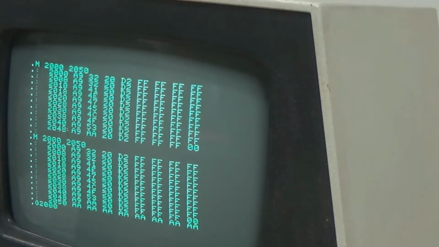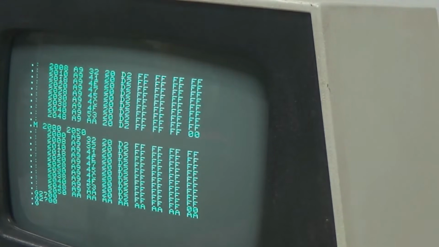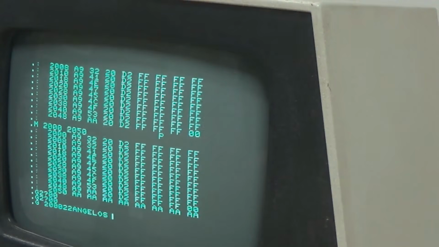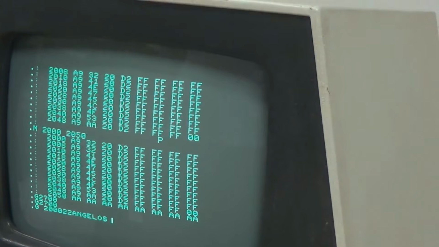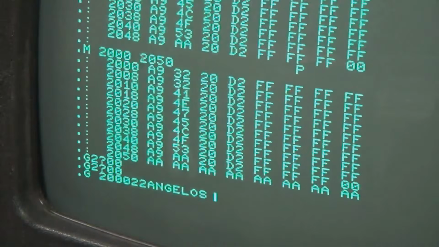The instructions will be entered into the memory locations indicated at the beginning of the lines. And so now we are going to call the memory location that holds the beginning of our code. And as you can see, the word is printed on the screen as it's supposed to.